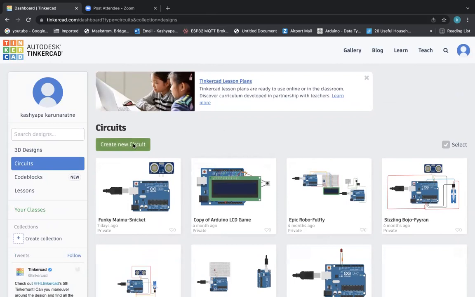Then I want you to press this create new circuit button. It's okay, you don't have all of these circuits here because this is what I created. All the circuits that you create are saved, but we are going to start a new circuit. Therefore, I'm going to select this create new circuit button.